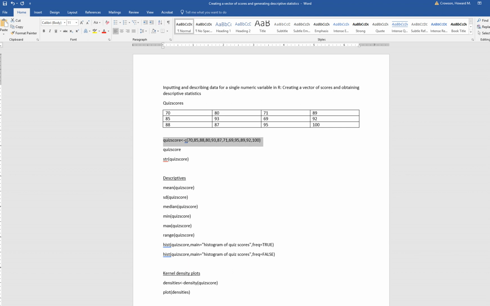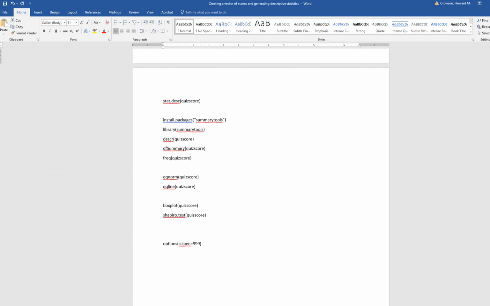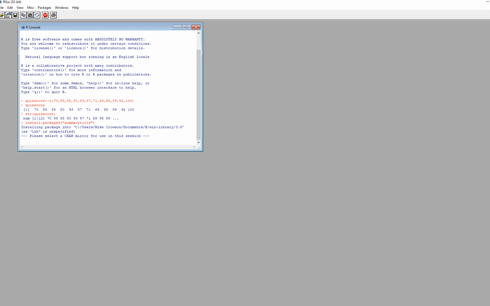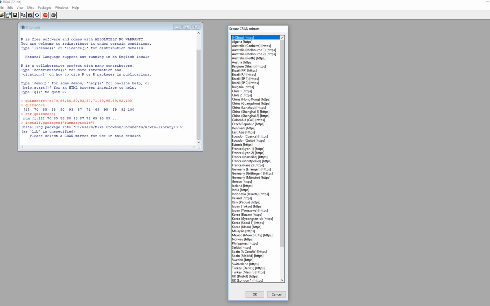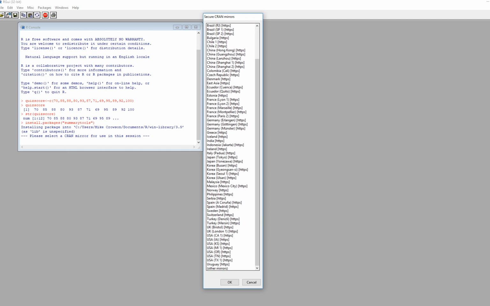So what we want to do now is bypass some of this other stuff and just go straight to the summarytools package. So I'm going to type in install.packages, and inside quotation marks summarytools, and then hit enter. Basically if you've already installed this package, then there's no need to keep reinstalling it. But if this is the first time, which for many of you it may be, then you would need to type in install.packages